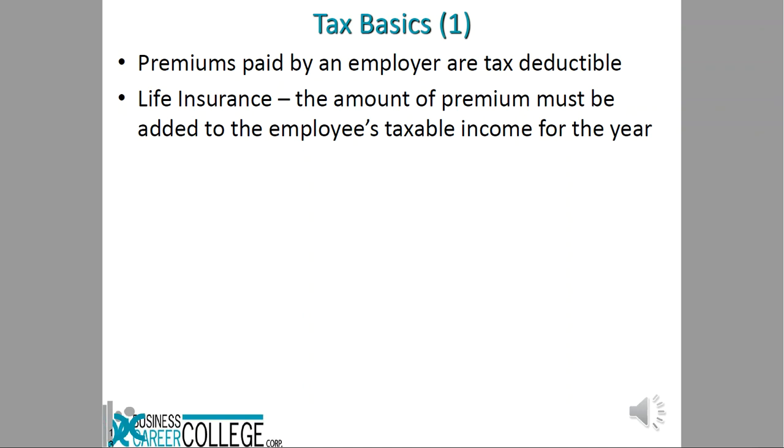Now, when the employer pays for the employee's group life insurance policy, the employer is paying premiums on this portion of a group benefits plan, then that amount of premium is to be added to the employee's taxable income for the year. Failure to do so will simply result in the employee being reassessed later on for any premiums that were missed.